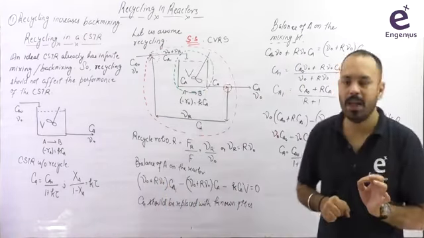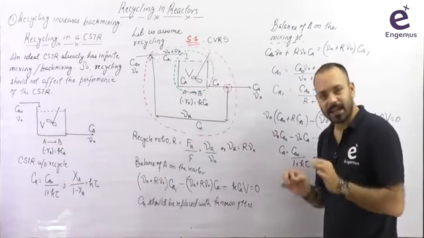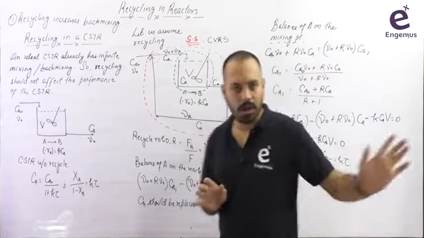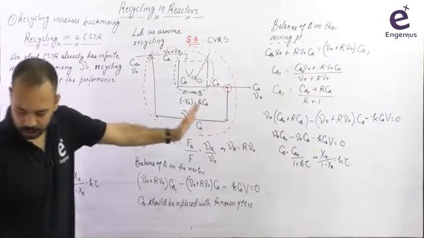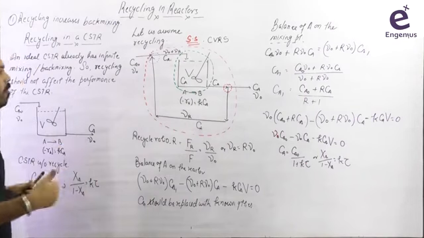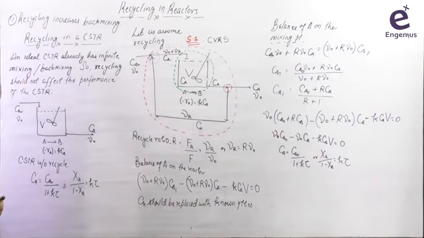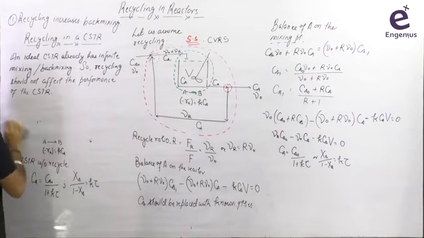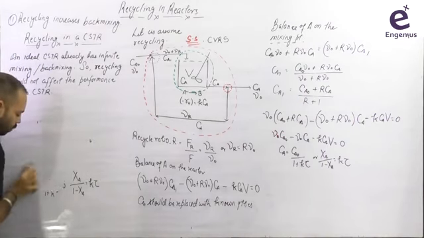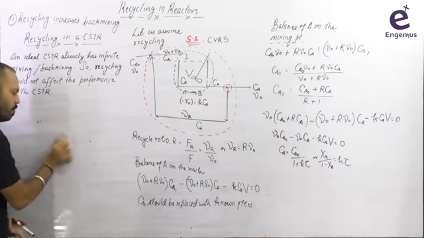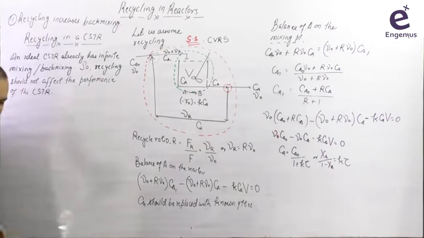Your answer should be that the conversion remains exactly the same. Why? I have proved it here. So you can write the conclusion that whatever the recycle ratio in a CSTR, whether it is 0, low or high, the conversion obtained, or whatever the performance of the reactor, is not going to be affected. In an ideal CSTR,